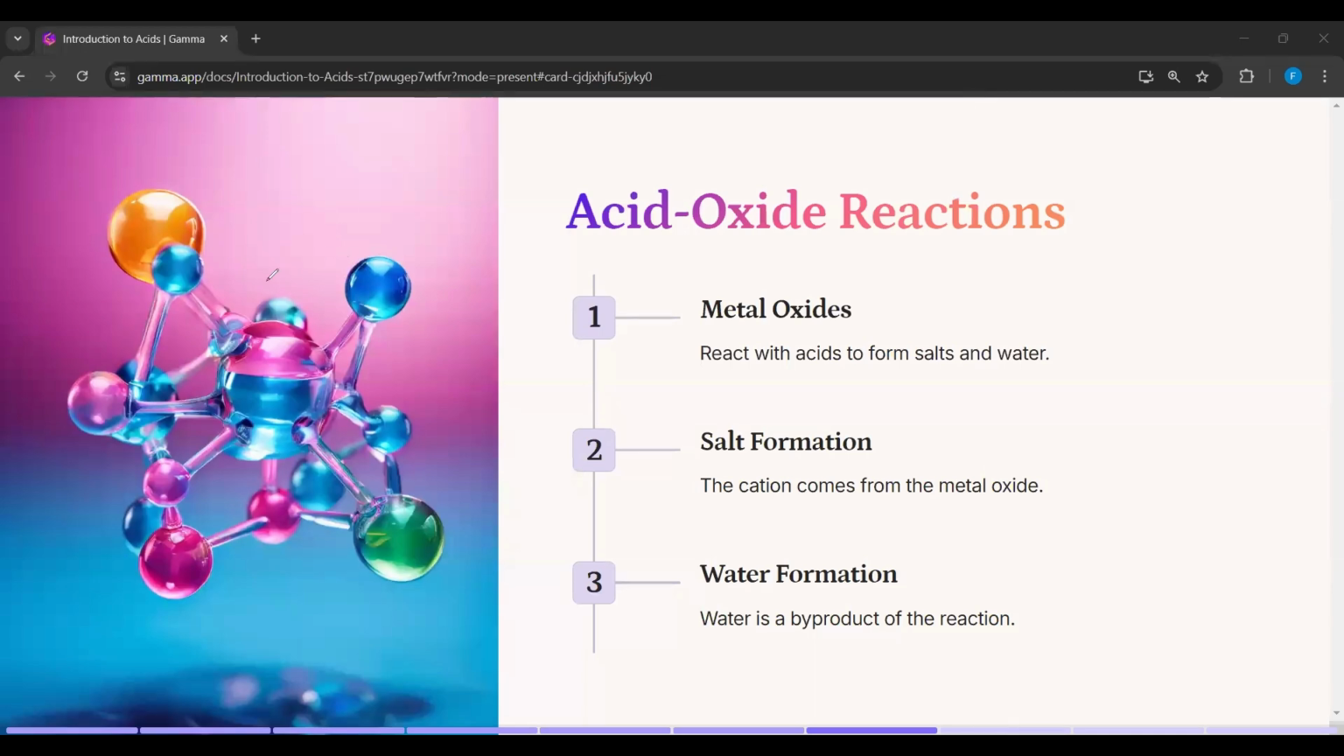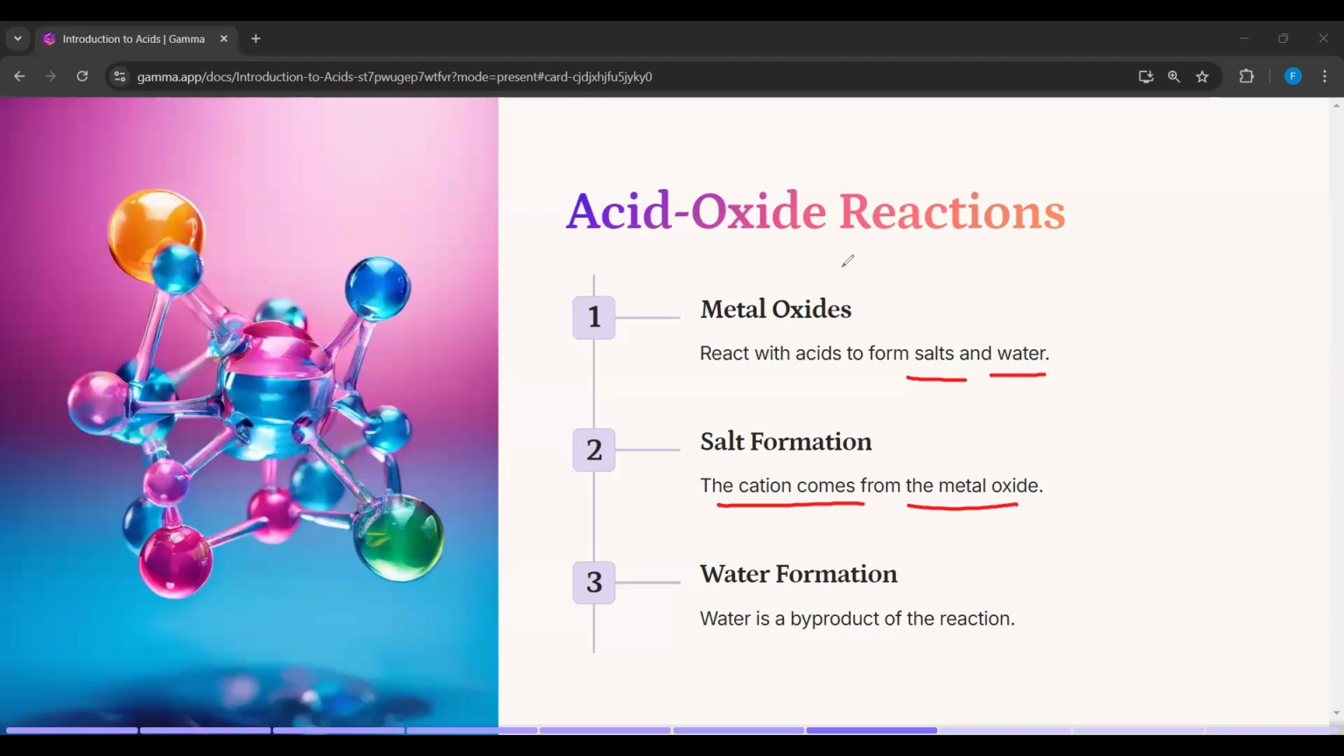Now let's work out another example. Here the base is an oxide, a metal oxide. And this is again a neutralization reaction. This can also occur by reacting an insoluble base with an acid. So let's take an example. As you know, in a neutralization reaction, salt and water is formed. And what is that salt? A salt which has the cation from the metal oxide. So let's take an example